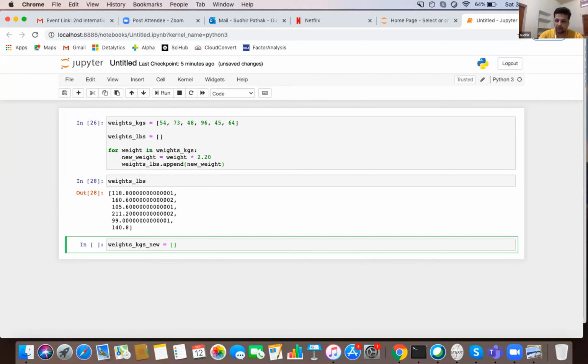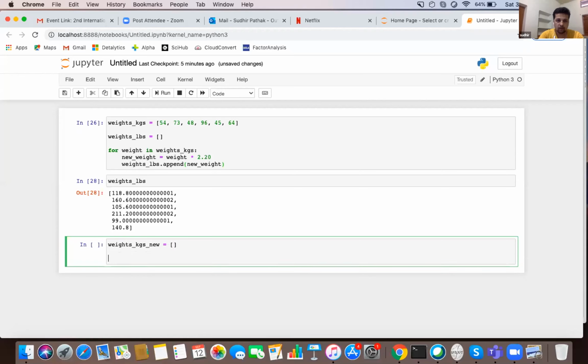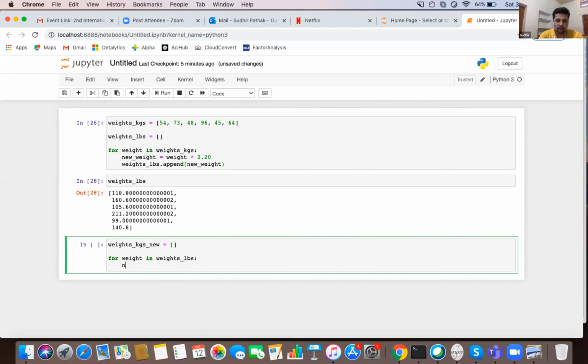I define an empty list. Now I say for weight in, and I pick the weights from LBS. So now this weight will take each value from this list, and then I say my new weight is equal to weight, and now I have to divide it